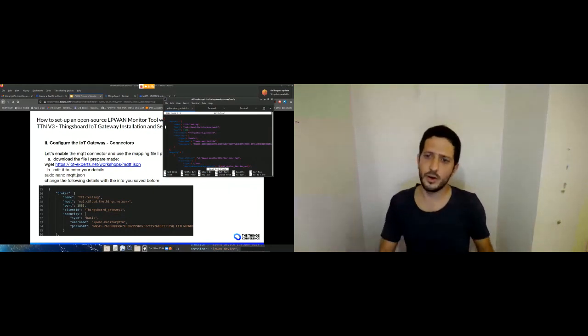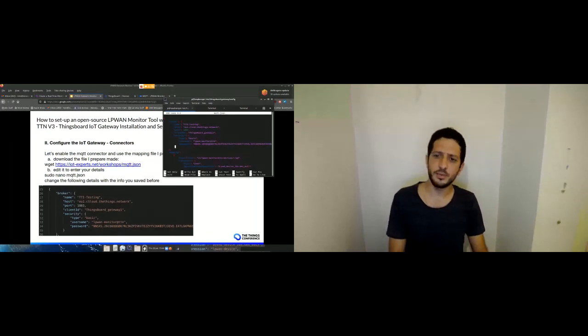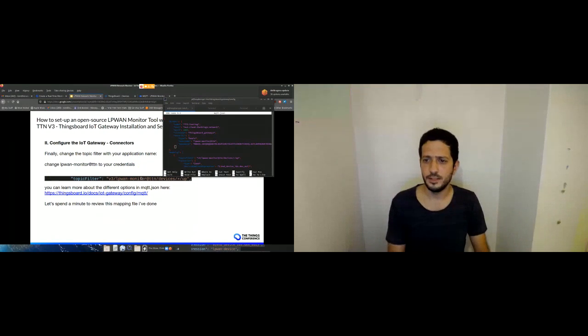So as you can see, we're going to change here our host, which is the EU. If we're using TTN, this is the host and the port. And our username and password is the API key that we grabbed before. OK. The next thing we're going to do here is in the template I prepared for you, we will have